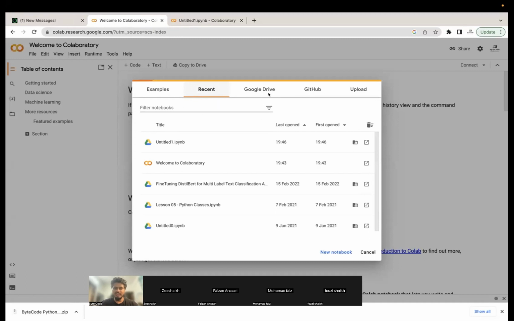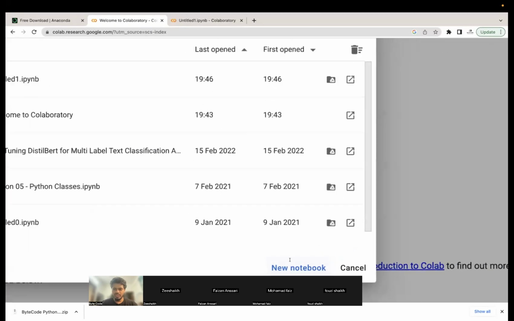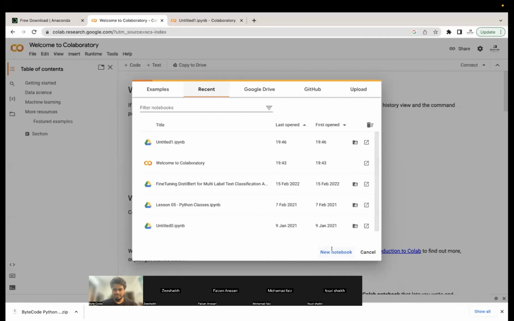ऐसा screen आ जाएगा. Once this screen comes, you have to just click on new notebook here. Is everybody following this? If anybody has any doubts, please do let me know. By the way, you can do this using mobile also. The only thing is the multitasking will be a little difficult, but yeah, you can also try doing this on mobile as well. You can load it up on your mobile as well.